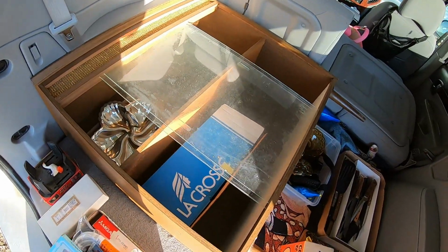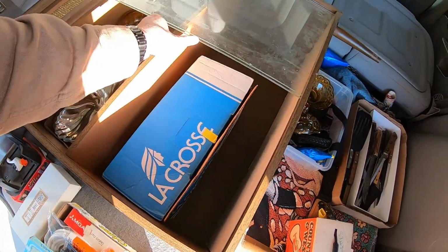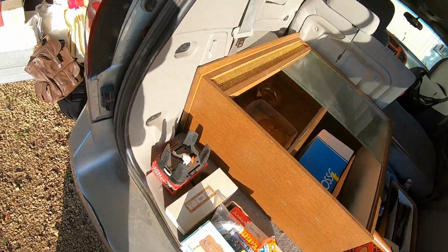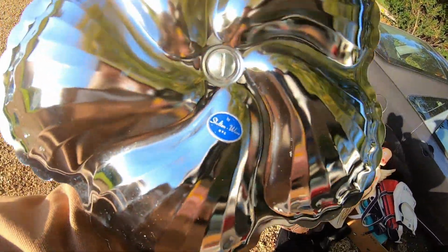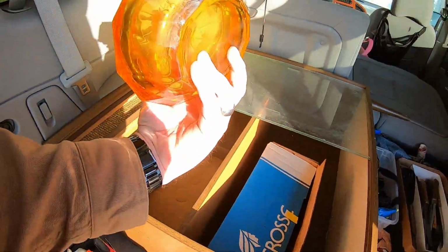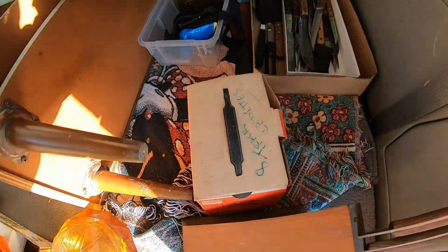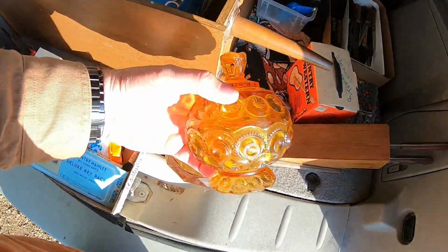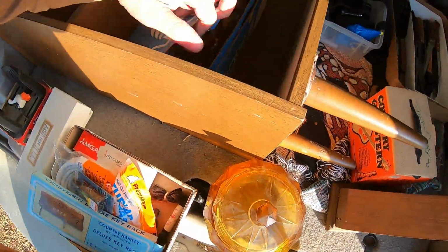This cabinet we got for our bedroom, we're gonna put our books in it. We just like the vintage look of it. What's that say? Sheltonware? Amber glass piece. We like amber glass. There's no names on it, but